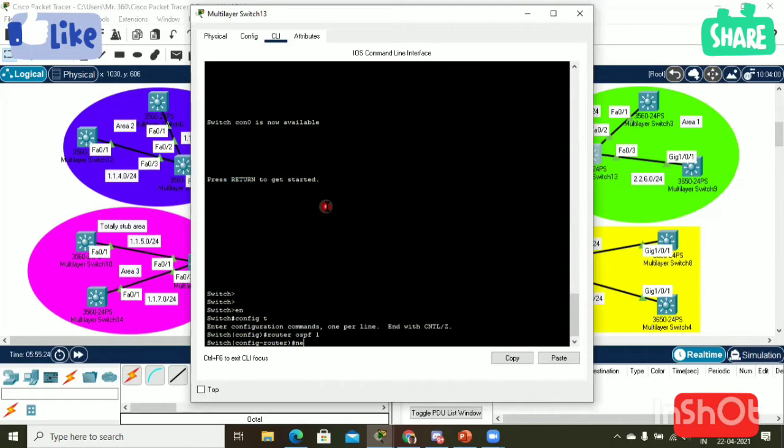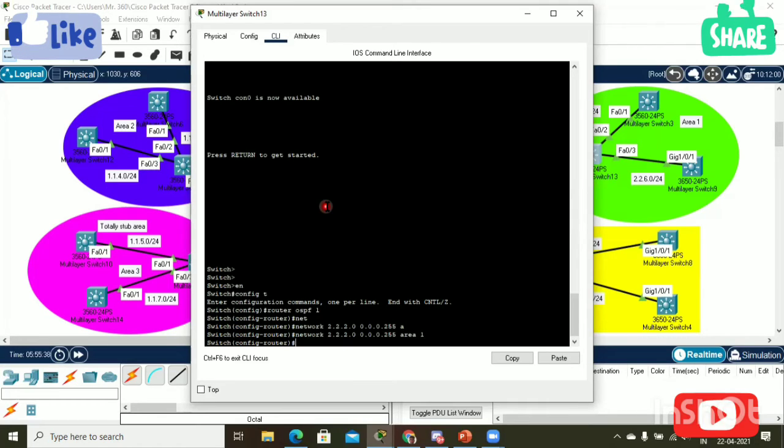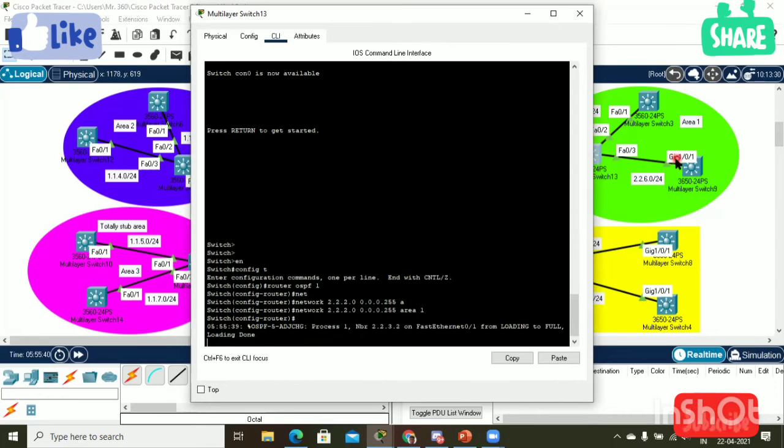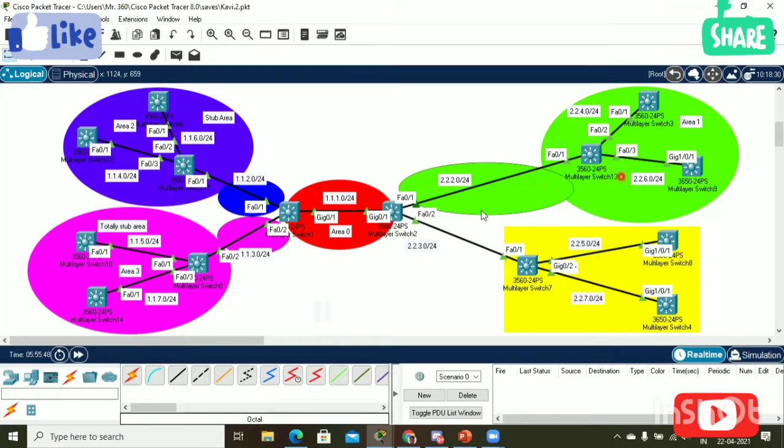Then network 2.2.2.0, then the wildcard mask 0.0.0.255, then area ID is 1. Here you can see the area ID 1, the 2 network, 4 network, and 6 network. So I'm going to advertise.